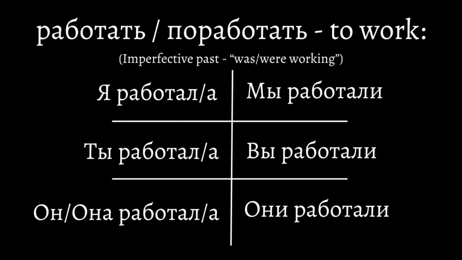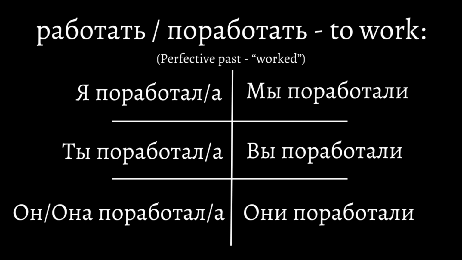Let's begin with the verbs работать and поработать. Работать in the imperfective past would be я работал, ты работал, он работал. This meaning applies only if the subject is masculine. Я работала, ты работала, она работала. This meaning applies to feminine subjects. In the plural, we have мы работали, вы работали, and они работали. The meaning of these phrases is was or were working because we have an imperfective form indicating ongoing and continuous